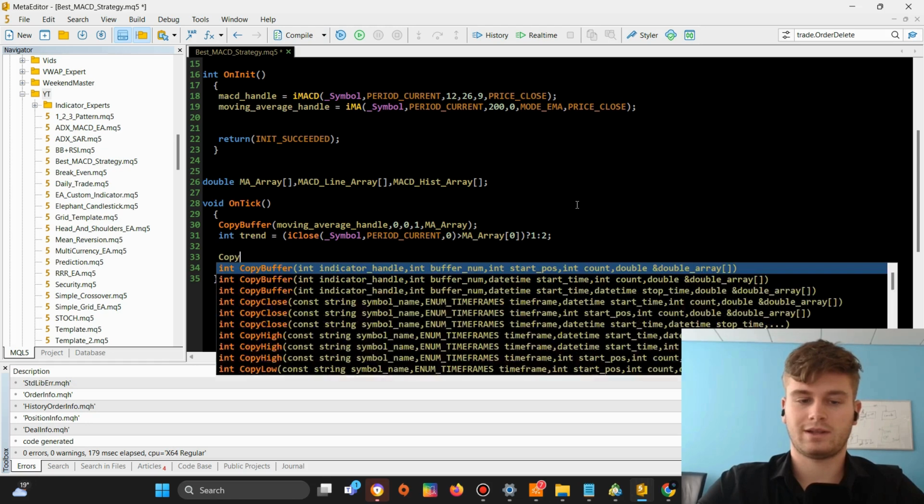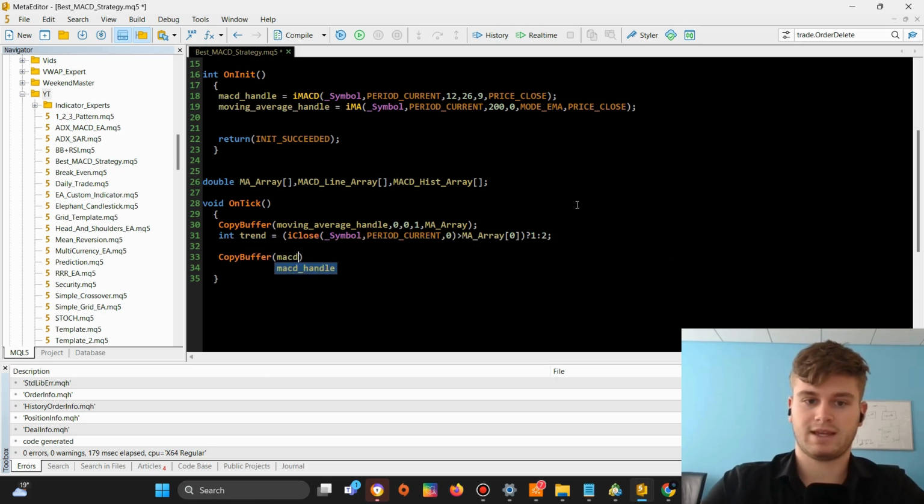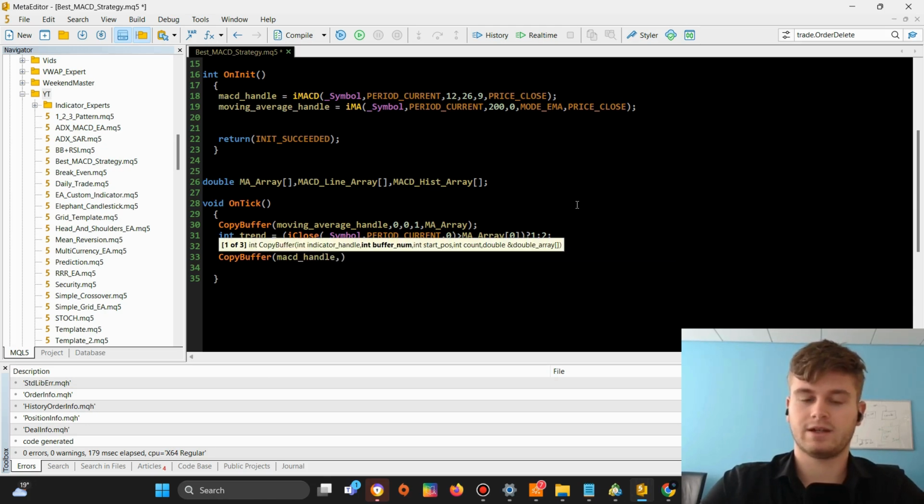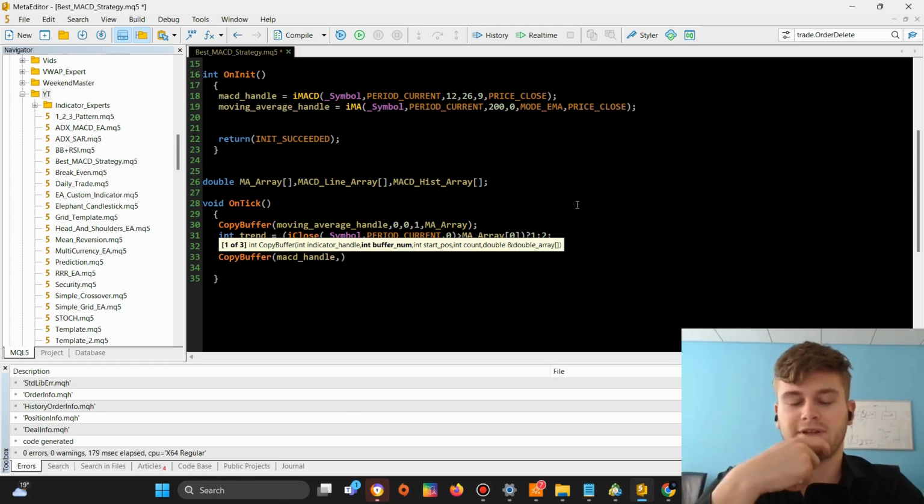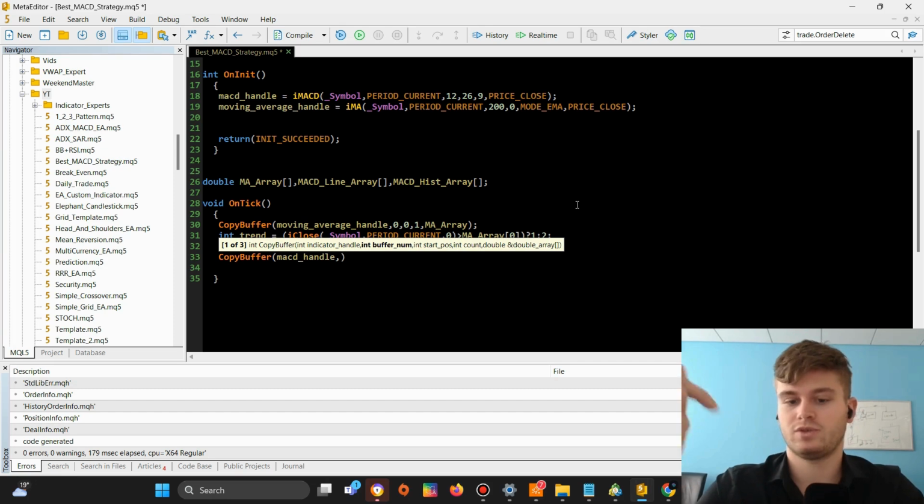And now let's also get values for the MACD indicator, so we can spot the crossover. Okay, so indicator handle is MACD handle, buffer number, and now this is something that we will have to experiment with, because I can't remember which buffer number is for the line and which buffer number is for the histogram, but that shouldn't be that difficult